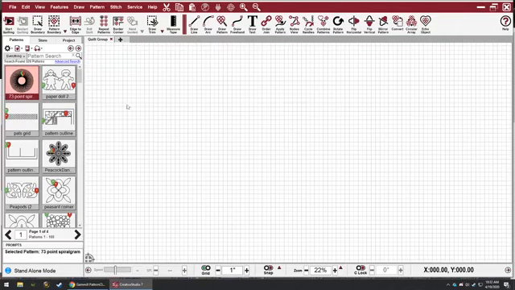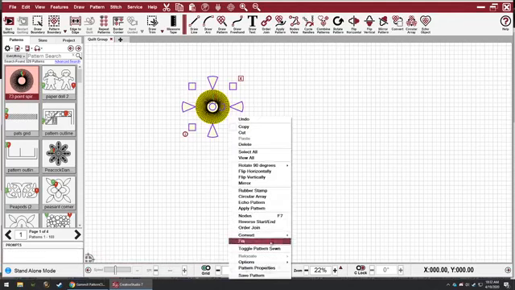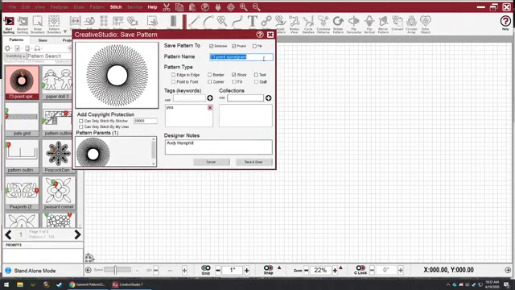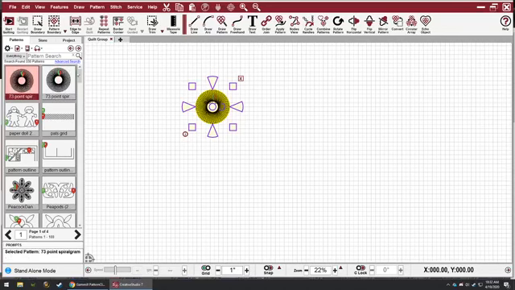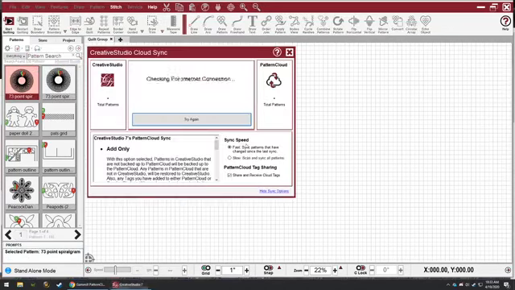The first thing that I'd like to go over is what happens if you delete a pattern. I know a lot of people sometimes have duplicates of patterns, and they want to get rid of them. For example, if I took my spiral pattern and saved a copy of it, and then you have two. And if I were to sync,